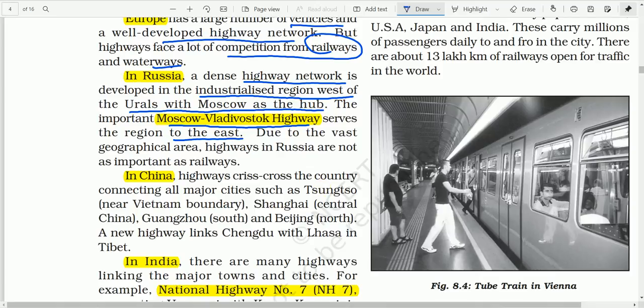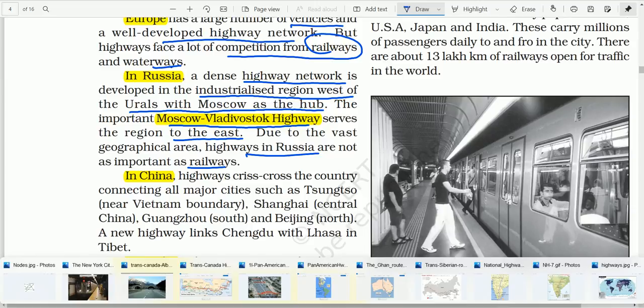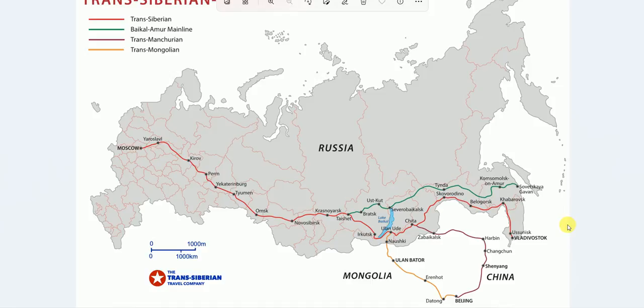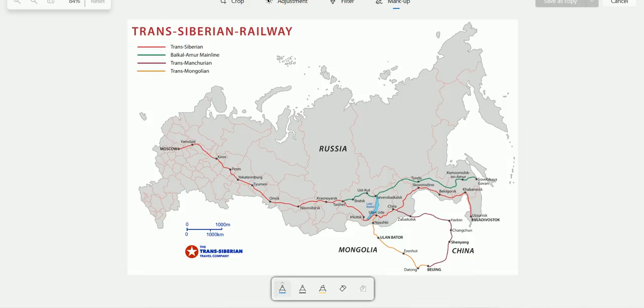Due to the vast geographical area, highways in Russia are not as important as railways. That means a railway is more important than the highways in Russia, because Russia is a very big country. And here, this map shows the Trans-Siberian railway, but the Trans-Siberian Highway is also running parallel with it. Moscow is here, and Vladivostok is here, and the Moscow-Vladivostok highway is running along, parallel with the